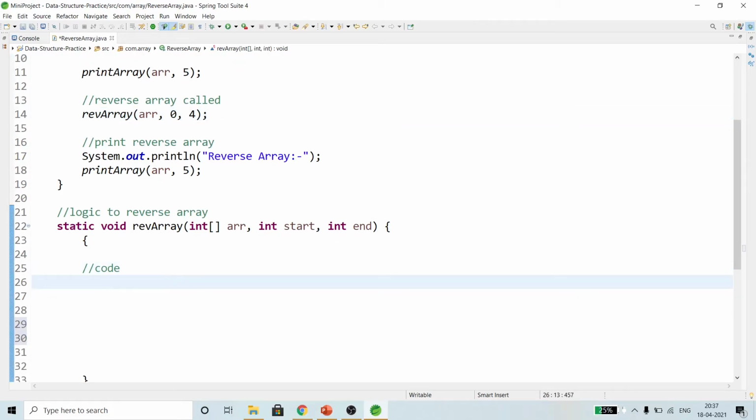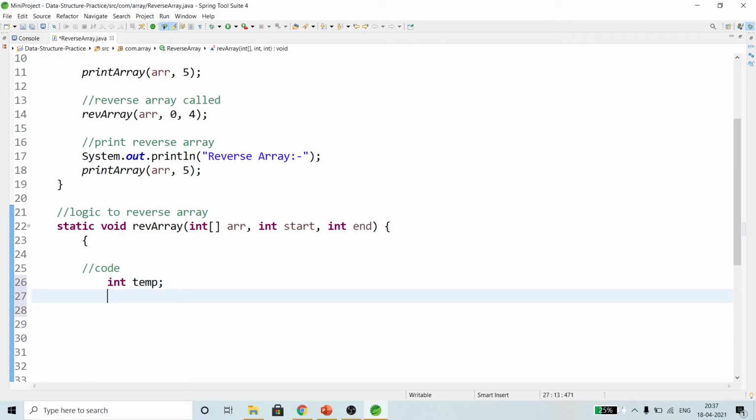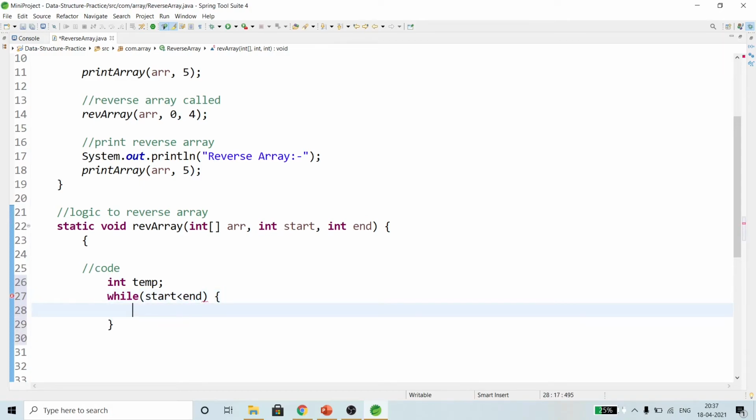First of all, in order to do swapping, we need temp, right? So we are going to declare temp here. Now we are going to iterate. This is our iteration, where it's checking from start till end. First, as I've shown you in the problem statement, we are going to store the start element in temp.